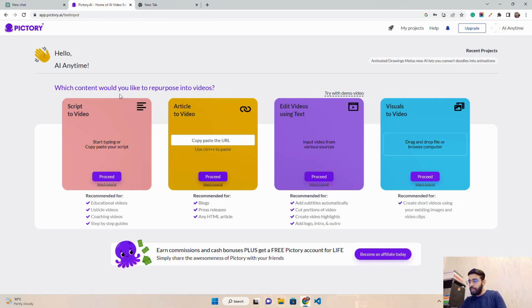If you see their dashboard, they have multiple options. It says script to video, article to video, edit videos using text, and visuals to video. Now if you have a raw script, which is what we are going to generate today with ChatGPT, for example, you can use that. Or if you don't have a script but you have an article or a document and you want to create a video out of it, you can also upload